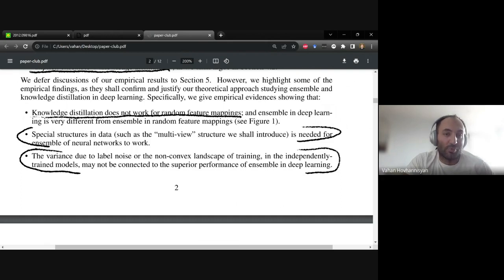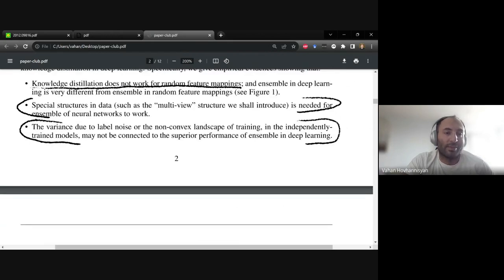Right? So without multi-view structure, ensembles won't work. It's also important and empirically observed. There is another interesting observation here. There has been theory that the variance due to label noise and the non-convex landscape of training, because of the non-linearities in the model,